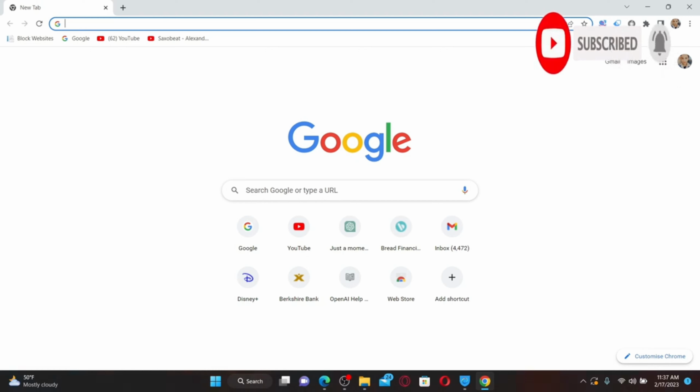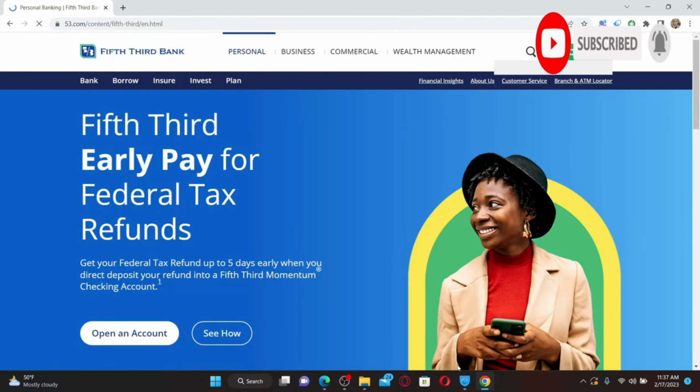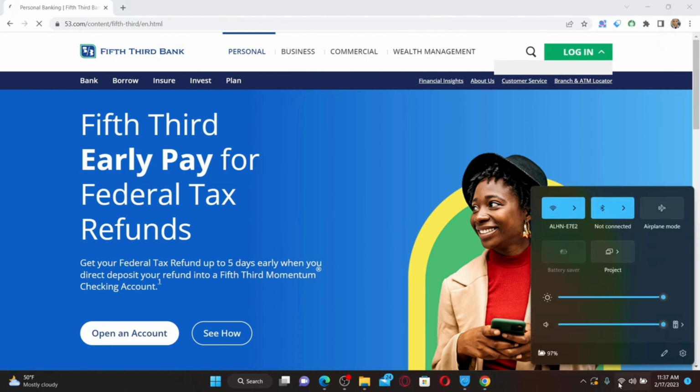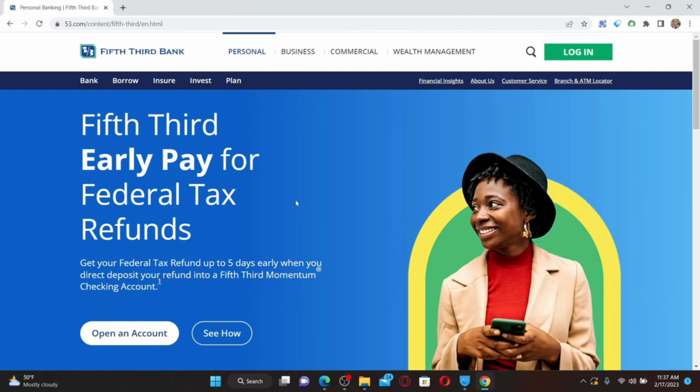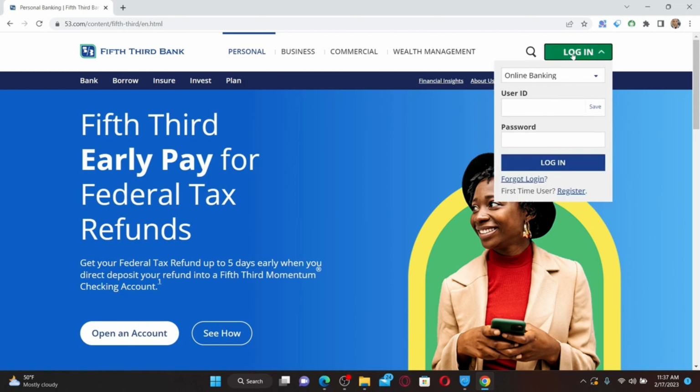The first thing to do is to make sure that the device that you're using to log in is connected to a stable internet. Turn on your Wi-Fi or your modem and make sure that you are connected to a stable internet. And now, from the official webpage of Fifth Third Bank, click on the login button at the top right. Select the area you are trying to log into from the option and enter your correct user ID followed